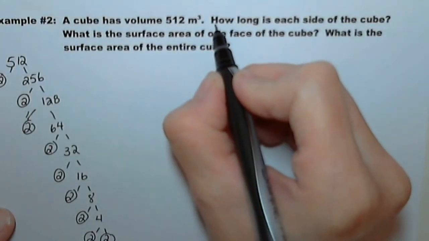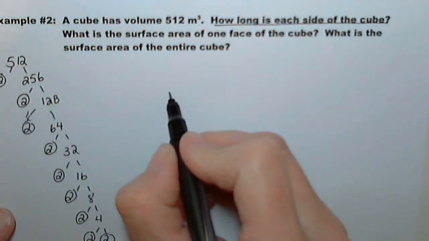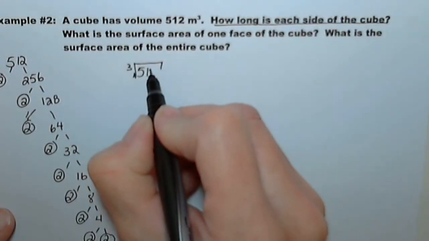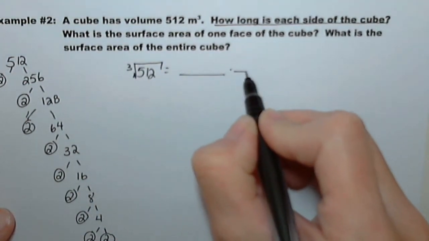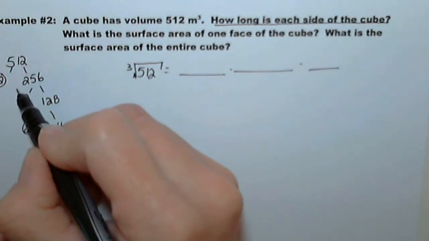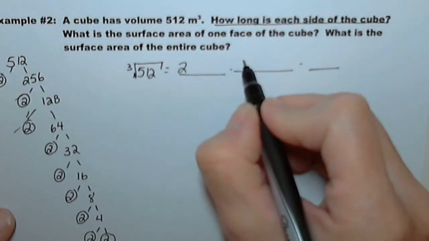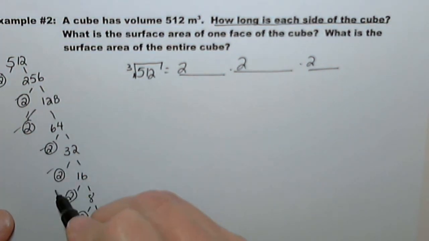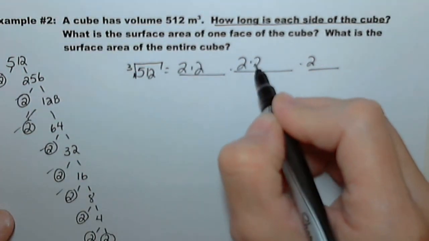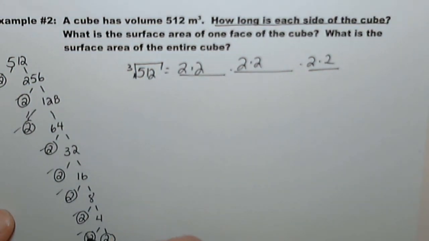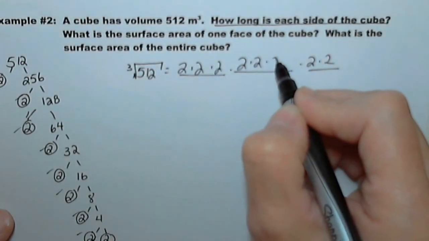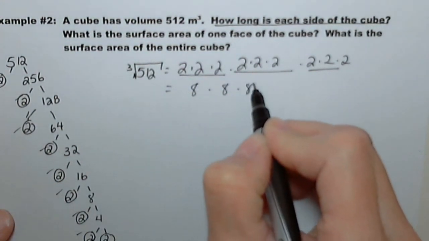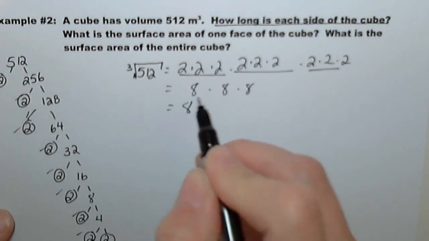So the first answer is, how long is each side of the cube? Well, that means that the cube root of 512 in 3 groups is, okay, there's 3 2's to spread out, and then there's another 3 2's to spread out, and there's another 3 2's to spread out. That means it's 8 times 8 times 8. The cube root of 512 is